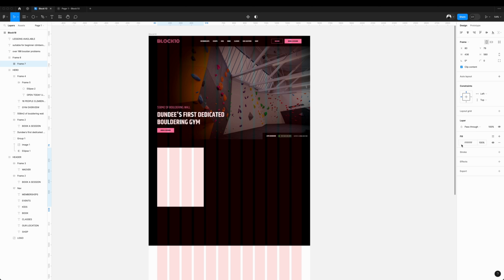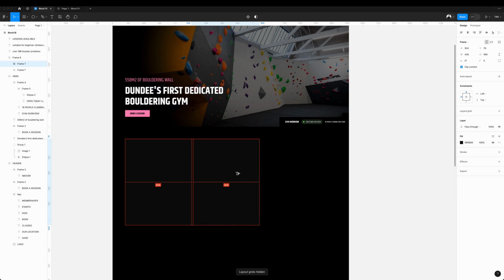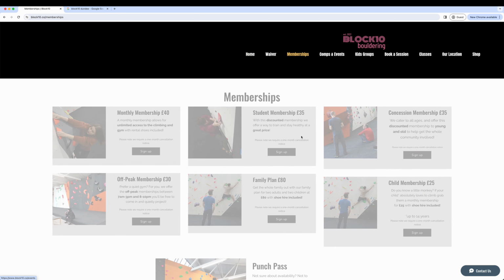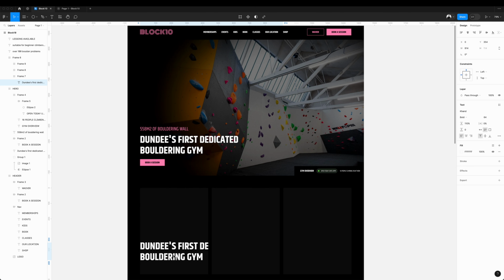We're not even going to touch on this yet because I've just had the idea. We're going to actually have 3 big call to actions here. These will be the key things that most of your users will come to the website to do, or stuff you want to showcase. So I think for the purpose of this, membership should be one of them. So let's make the first one here. Now we'll just make it rough because